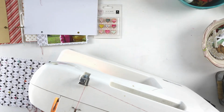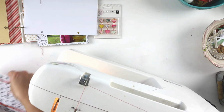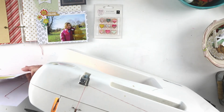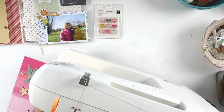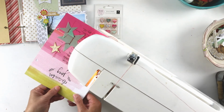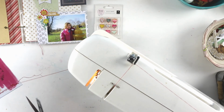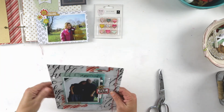Now I thought I would be bold and try that down the edge. I'm going to use my red line tape here, and again, I'm so sorry that it's off the frame. I'm going to adhere these together with my red line tape so that they'll be sturdy together, and then I'm going to sew that zigzag stitch down, just down the one outside edge here. And so you'll see I went down the side with the zigzag stitch going forward, and then I went over it in reverse, and it didn't go like the last time did. And that's okay. It's a really messy zigzag, and I love it, and it adds a fun little whimsy here, but again, a nice contrast,